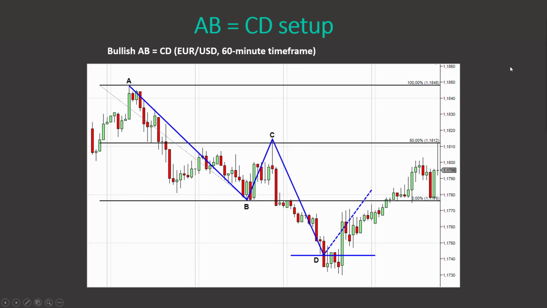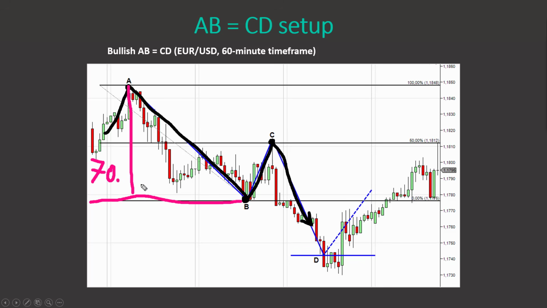All right, this is a long trade scenario of this. So again, swing point A, price goes downwards. Then swing point B, price turns, a little pullback to the swing point C, and the price starts moving downwards. At this point, you want to measure the distance from A to B. Let's say that it's 70 pips in here,